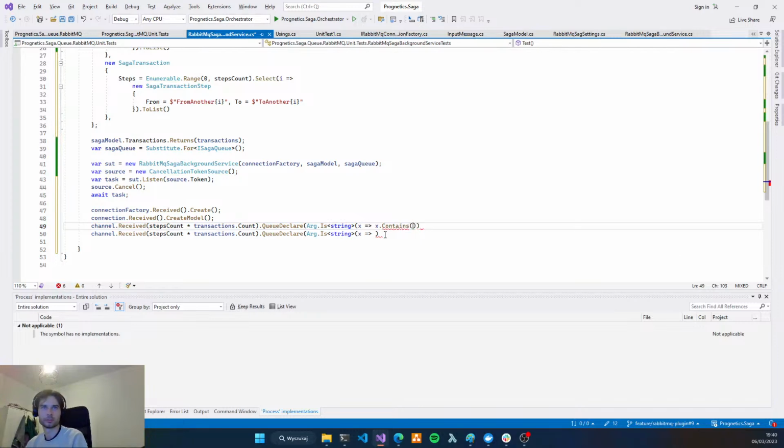Yes, we have a contains, and we can use from and contains to.